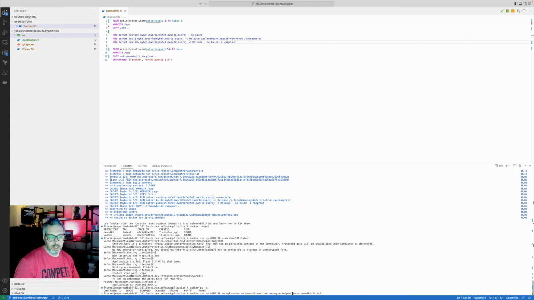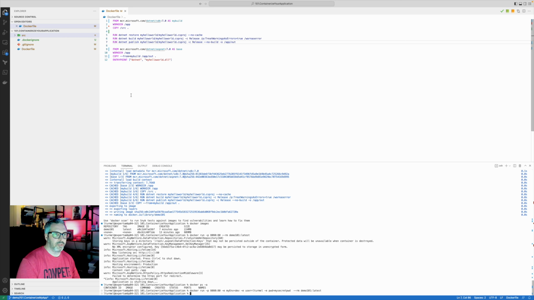So it tends to be not useful. So what I normally do is I create a file I call a simple Docker compose YAML file